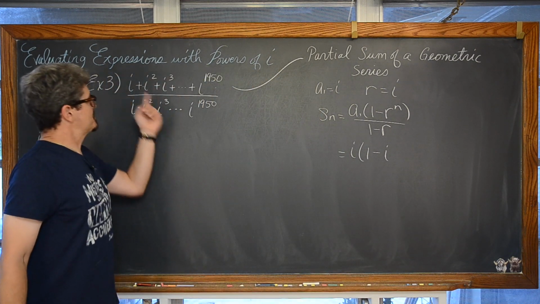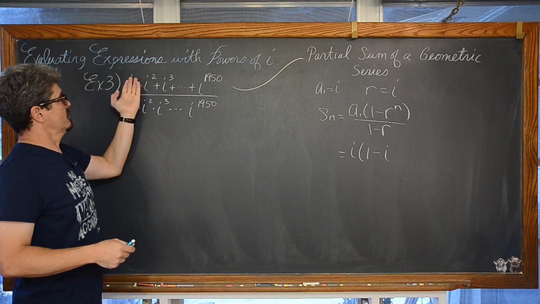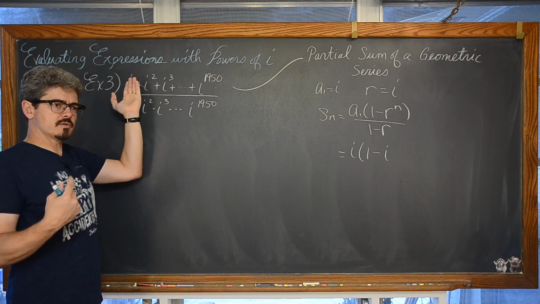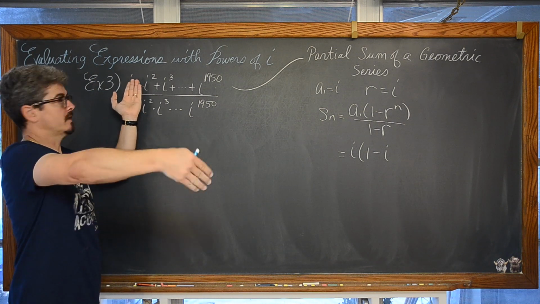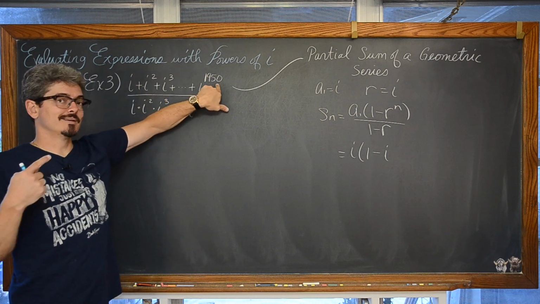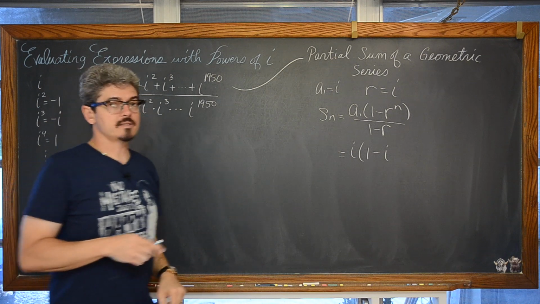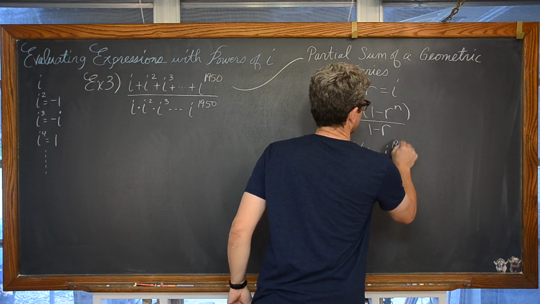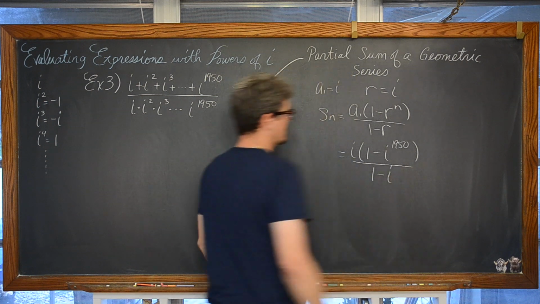And I don't have to do too much work to figure out that I'm going to start n at 1, because with your sequences and series, the domain of those functions are 1 to all positive integers starting at 1 and going up. So it's not too hard to figure out that we're just starting with 1 and counting by 1, that we're going to go up to basically where n is equal to 1950, over 1 minus r, over 1 minus i.